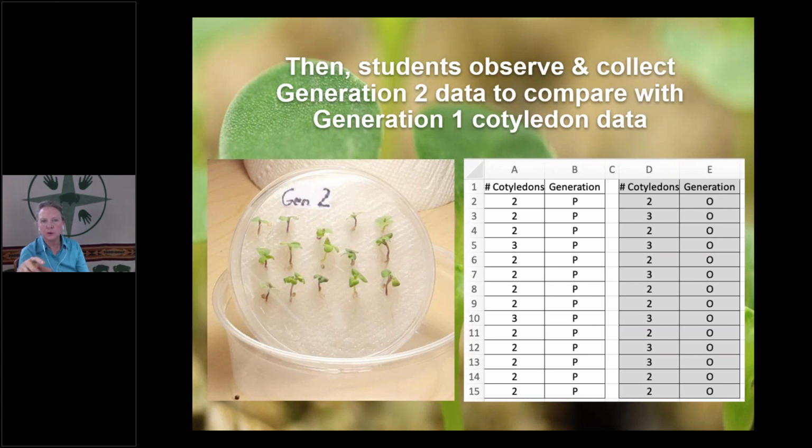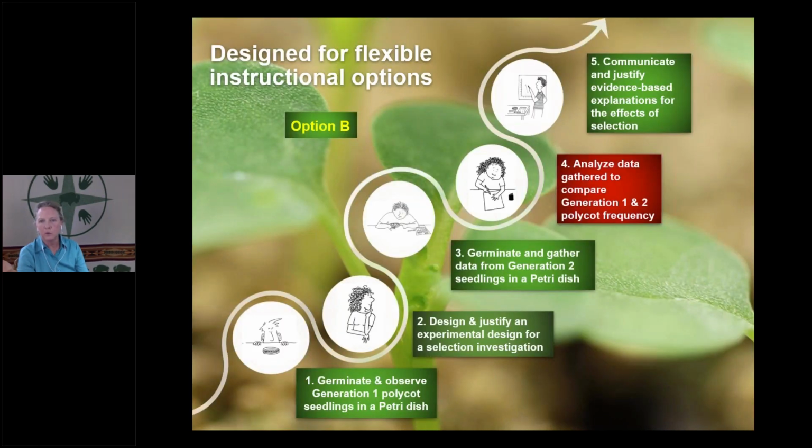So now we have the generation 2 seeds, again germinated on a paper towel in a setup similar to what we did with generation 1. Students can collect the data on generation 2 and compare that to what they had in generation 1. And where we are in the investigation is at the point where it's time to analyze data and really understand how we use those data that we can collect from the seeds and direct observation as evidence for an explanation about whether the selection experiment worked or not,